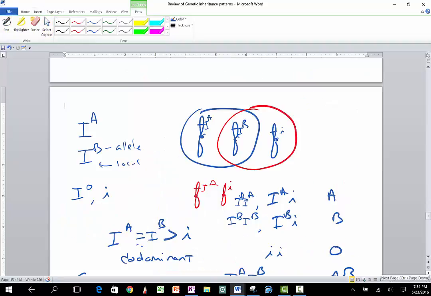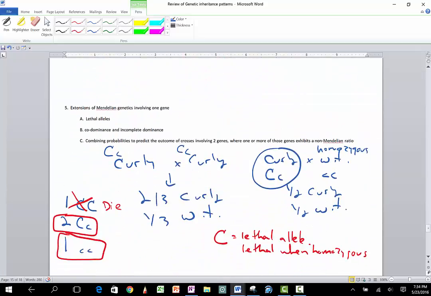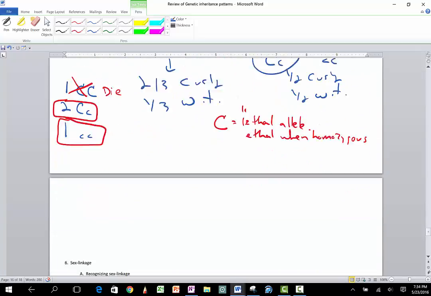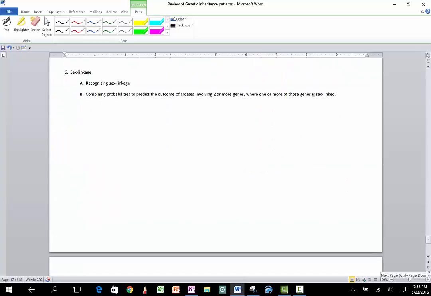Alright, this is supposed to be quick, so okay, we did combining probabilities. Sex linkage. Oh boy, we better do this one real quick. Well, sex linkage isn't good to be done quick, so we're going to stop now, and this video's